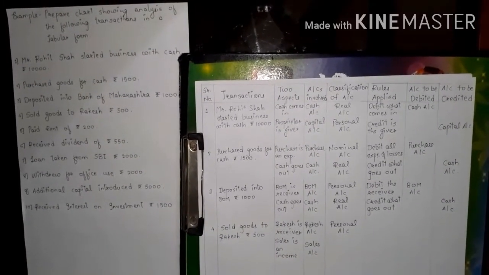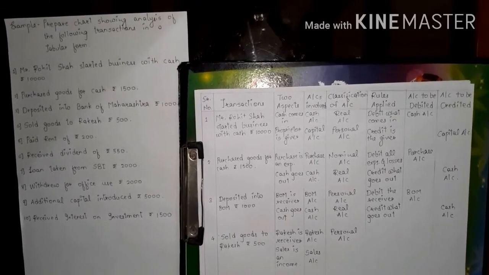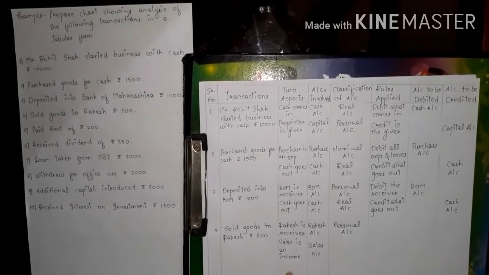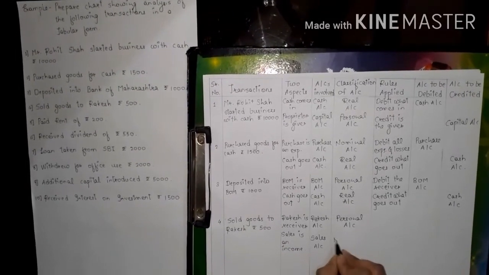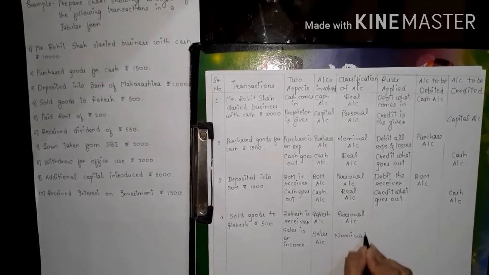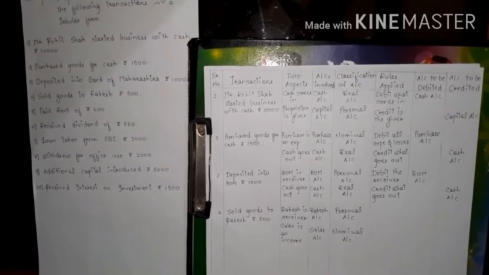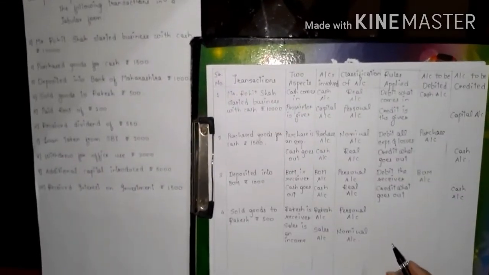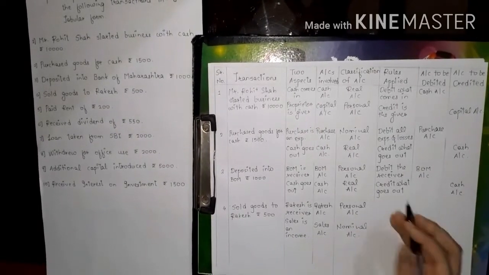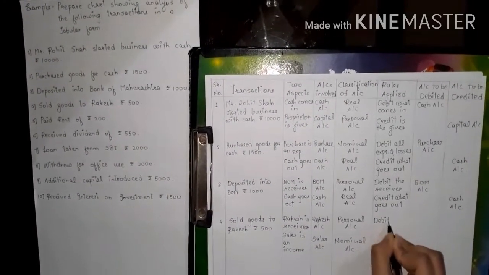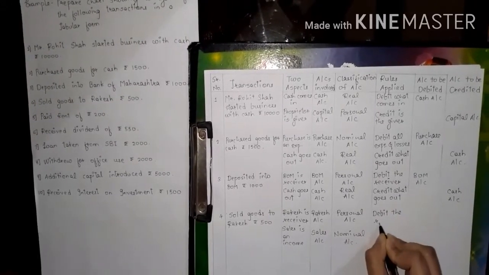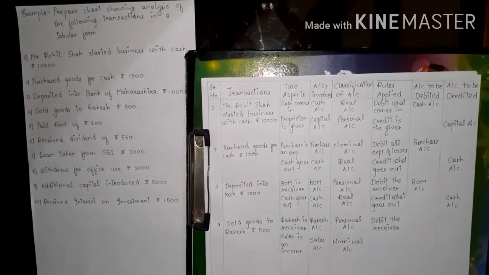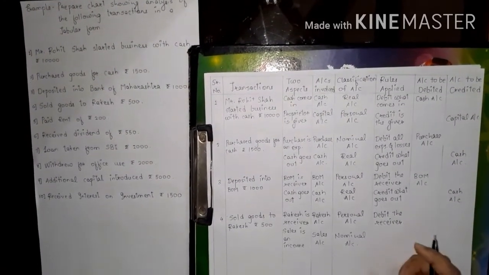Do you remember the golden rules? The third account, nominal account, shows all expenses and losses and incomes and gains. Now in this transaction we have earned income, so nominal account will be reflected over here. Nominal account, as we have earned income. Now rule, personal account, debit the receiver, credit the giver. Now Rakesh has received goods, so the rule will be debit the receiver according to personal account. Debit the receiver.